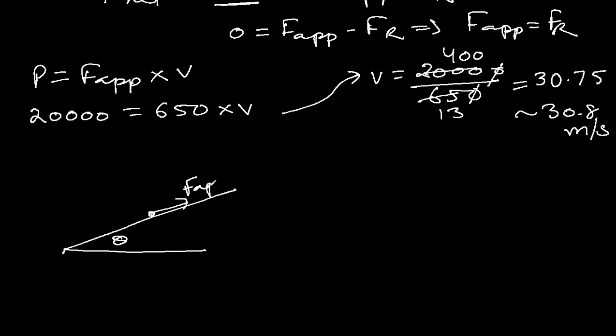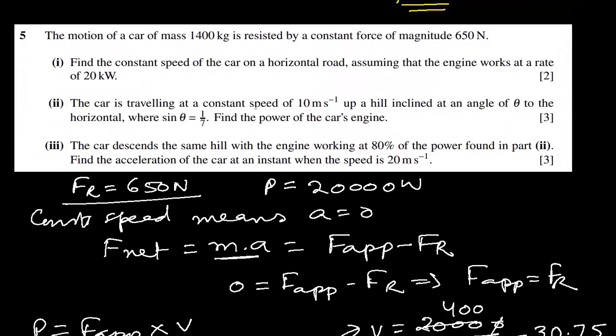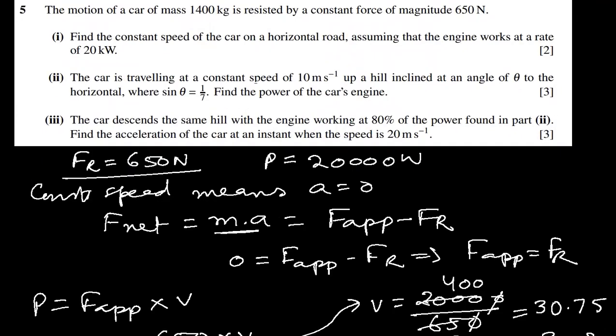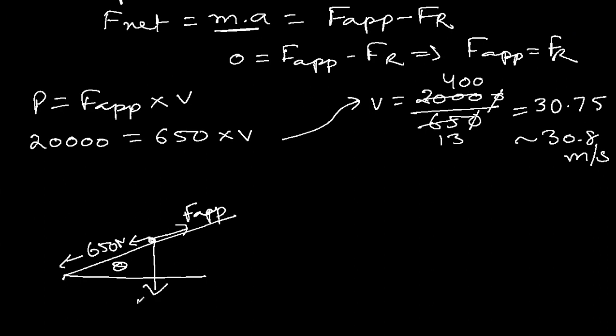So this will be the applied force in this direction, and there will be a resistive force of 650 newtons. But there is another force which will try to stop it, which is the component of the weight. And what is the weight? Mass is 1400 kg, so the weight will be 14,000 newtons, and the component in this direction will be